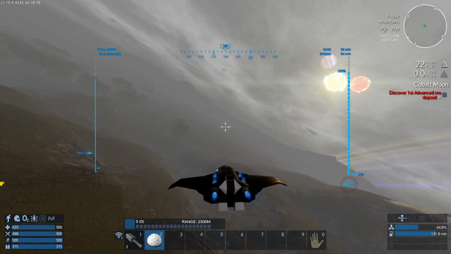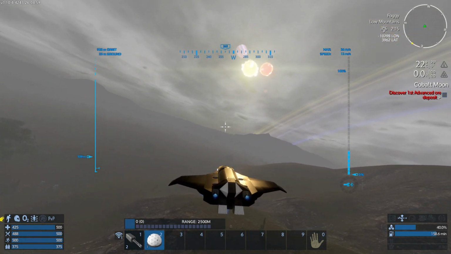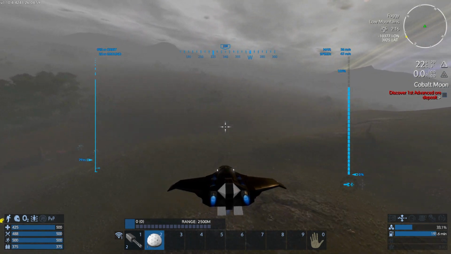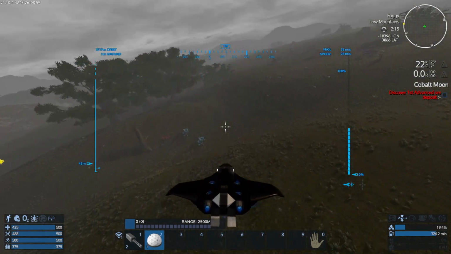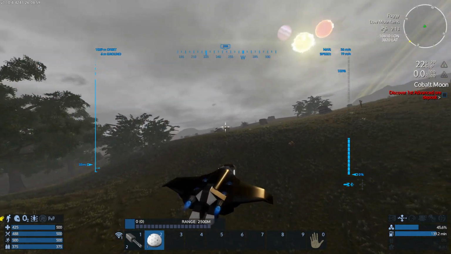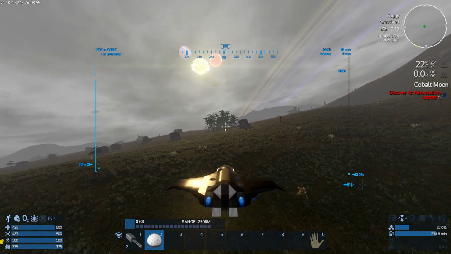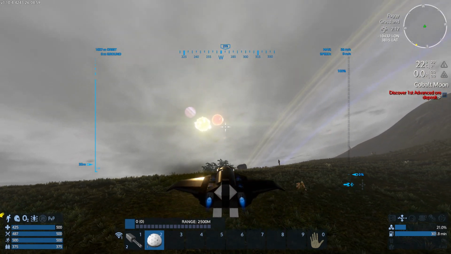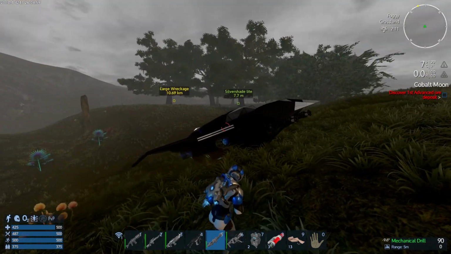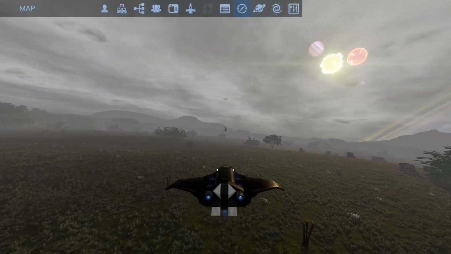Right, I'm just going to fly across the mountains and seem to be stuck in the fog as well at the moment. What have we got down here? Not seeing anything here. I don't think that is plant fiber, but we'll just check it. No, it's not plant fiber. This area of the planet seems to be incredibly...